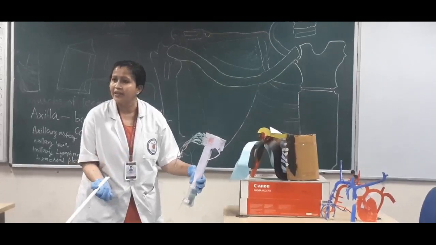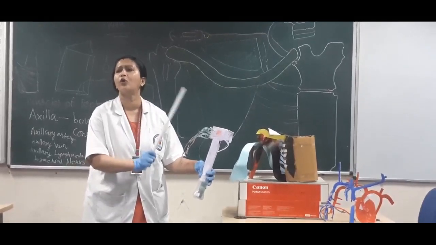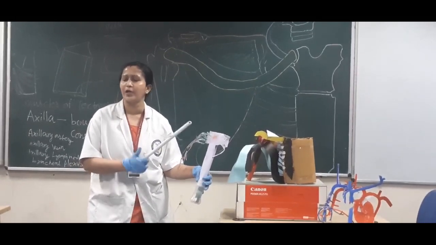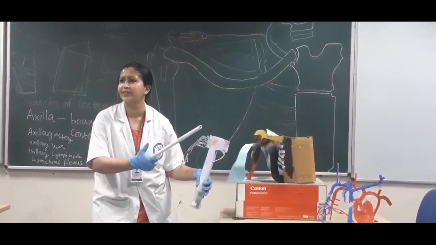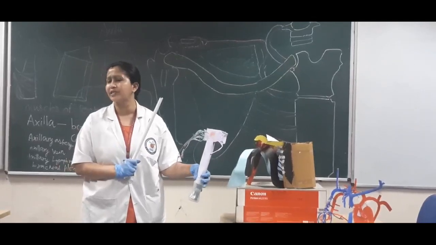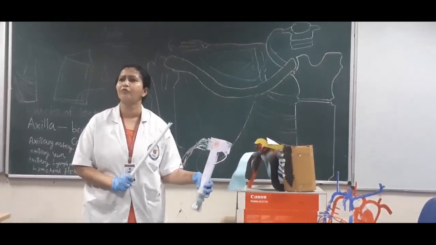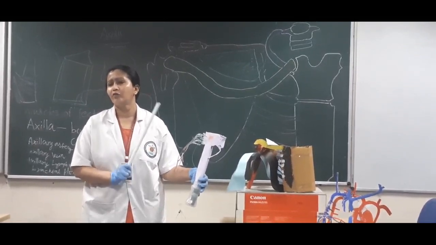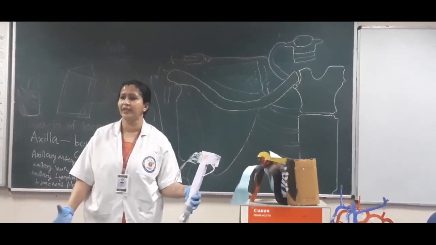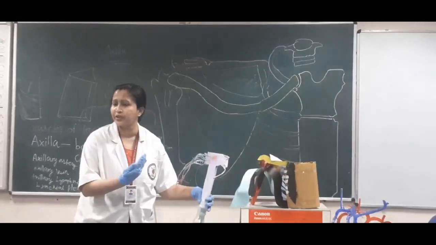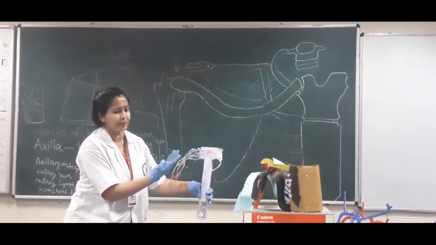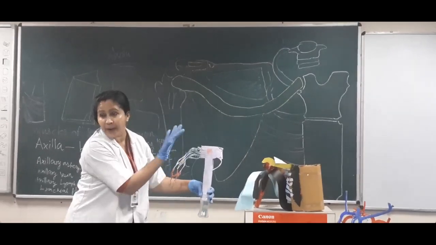And in hand, the muscles are supplied FOAL, F-O-A-L, flexor pollicis brevis. O for opponens pollicis, thumb का है सब. Pollicis क्या होता है? That is thumb. So flexor pollicis brevis. O for opponens pollicis, A for abductor pollicis brevis, and L for first and second lumbrical. Only these muscles in the hand, okay, is supplied by median nerve. And regarding cutaneous supply in the hand, only in the hand, the median nerve, it is going to supply the lateral half of the palm.